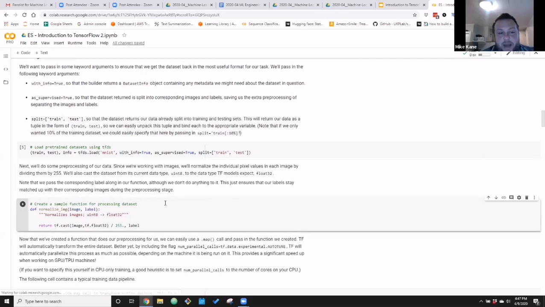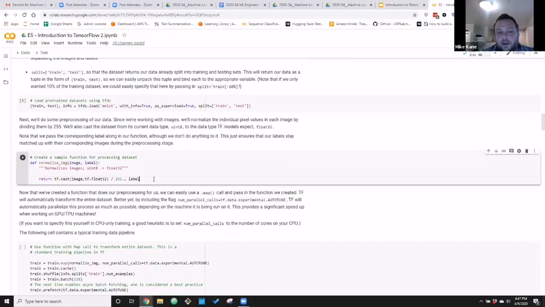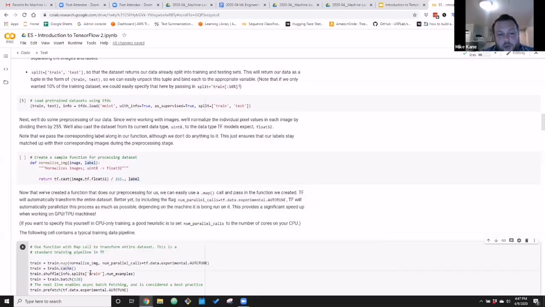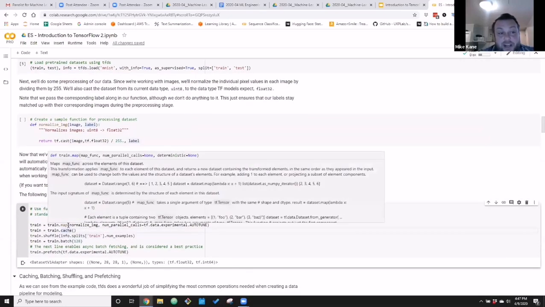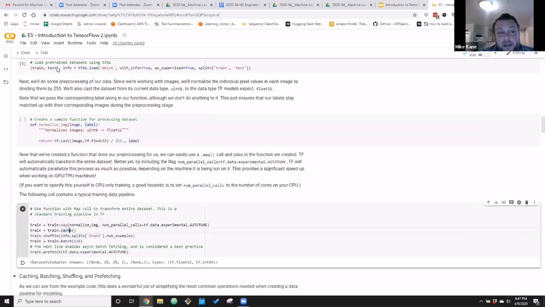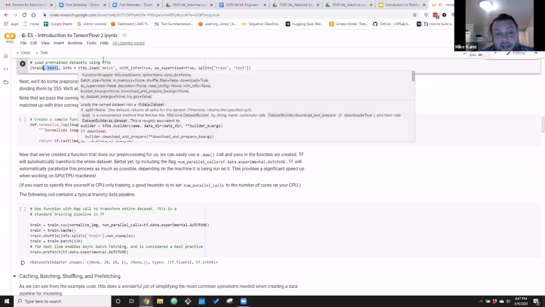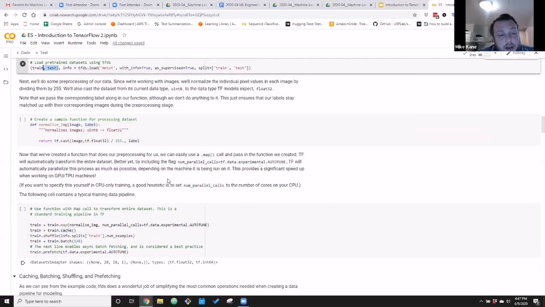So here's the paradigm for doing this with TensorFlow datasets. Create your data transformations, however you're going to pre-process it, as a function. And then we're going to use map on the actual data set objects, the train and test things that we returned from our tfds.load call, okay? Essentially, it's going to use a functional programming paradigm; you've probably heard of map, filter, and reduce. It's going to use map, and it's going to run this function across all of this.